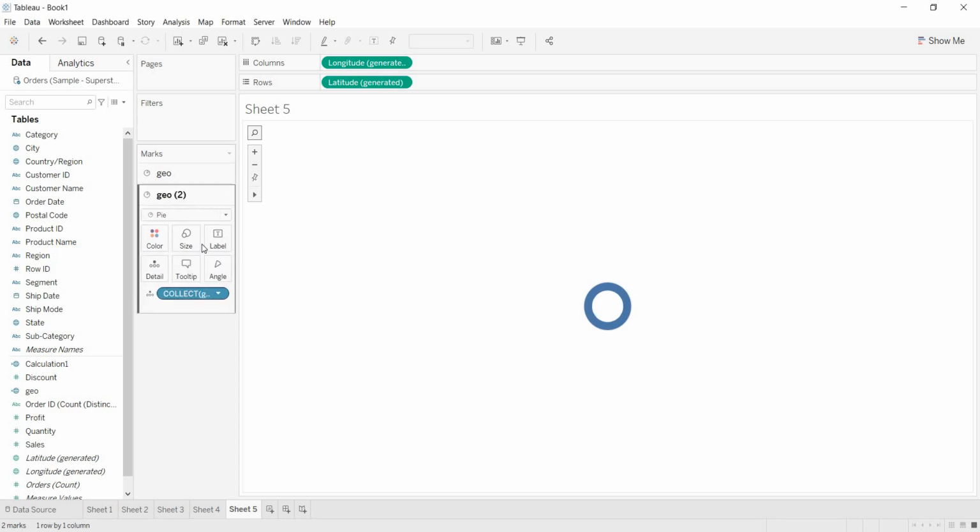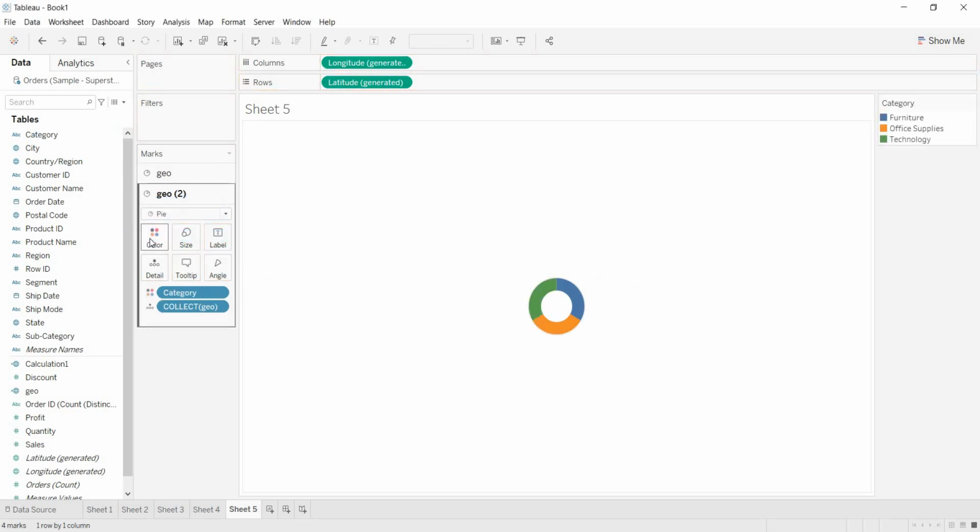Okay, now just go to the second one and increase the size of this also. In the second layer, you need to show the categories first. And still I am not getting this size perfectly.